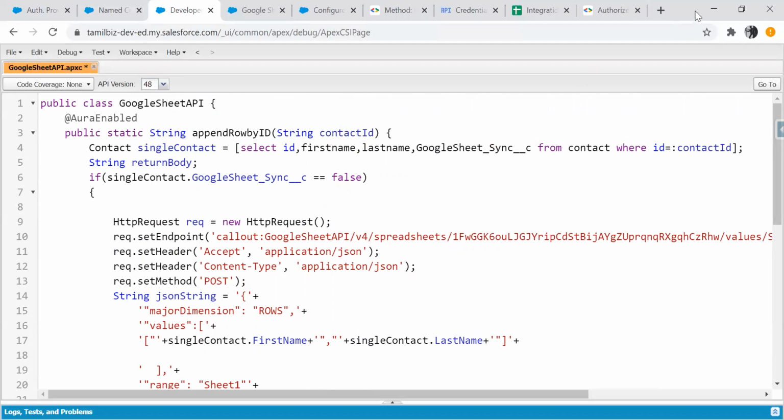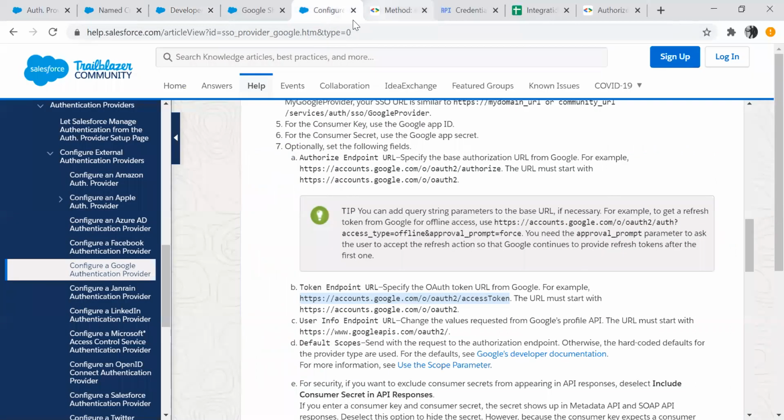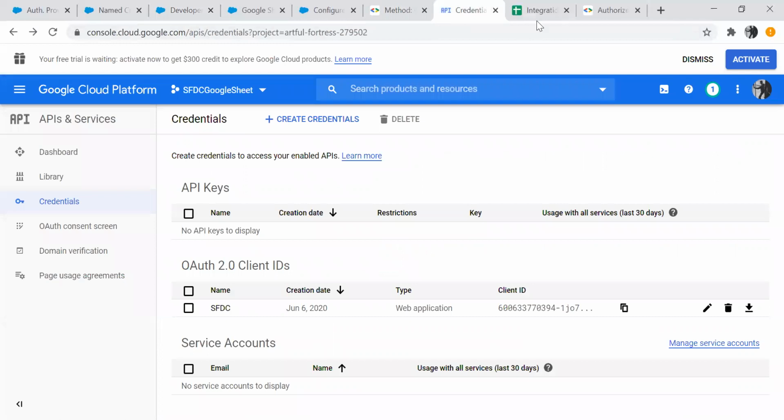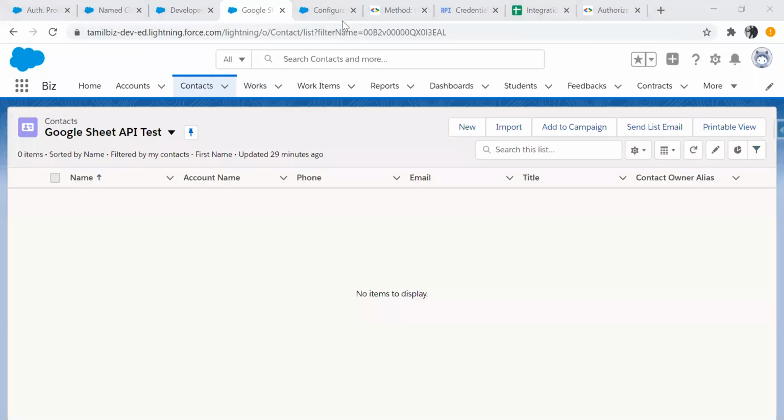Okay, let's see this in action. So we have created the project on the Google side, and we configured the authentication provider, and we configured the named credential, and we created the Apex class for making the Google call. Now we are going to see how it works in action. Let me go to the Salesforce contact record page. So this is the contact record page.